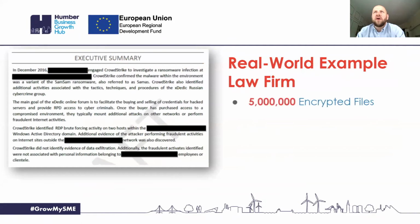Another example of a law firm who got hit by a ransomware attack. So basically what happened is 5 million files got encrypted, so they weren't able to access the files and work. So they decided, well, we'll pay the ransom. So they paid just over 20 grand in ransom,